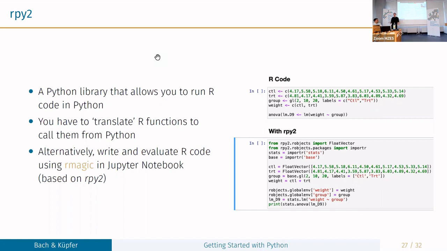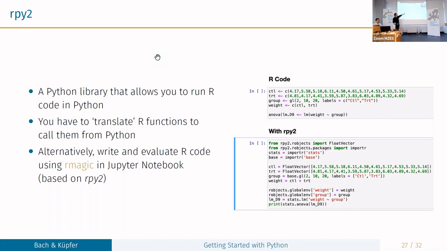An alternative is, just like in Markdown, you can specify cells in your Jupyter Notebook or Google Colab to behave like an R kernel and to be able to run R code. What you would do is use this R magic, recall these magic commands, and say, well, this cell is now an R cell.